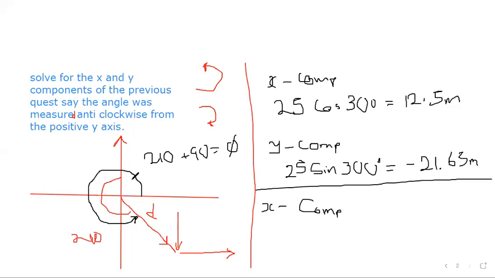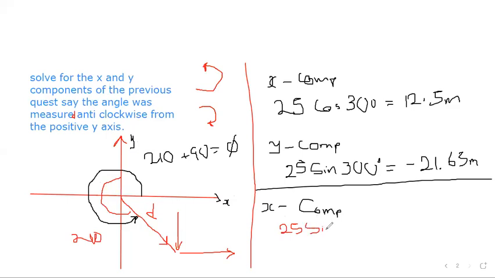The x component, since this angle is measured from the y-axis, it's like we have twisted our axes. So this is y, this is x. This would appear as though we have twisted our axes. Let me even use red. Using the angle measured in red, the x component would be equal to 25